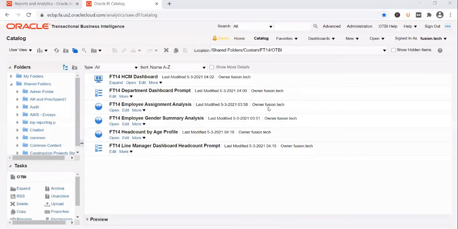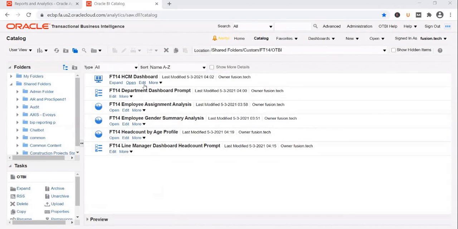Prasad, let's move on to the next topic. Yes. So Prasad, from the one drop down you are selecting the business unit. So based on one field, it gets reflected in all the reports? Correct. Yes. It gets reflected in all the reports. All the reports are filtered by business unit when you do it at the prompt level. Okay. Where have we done that, like clubbing that? It happens internally.